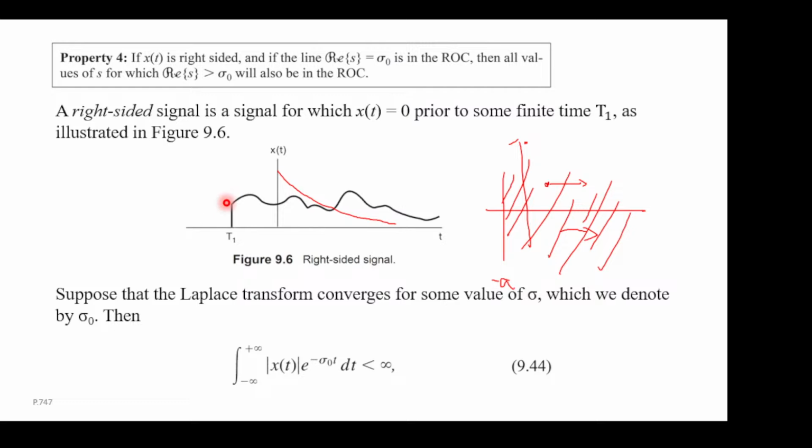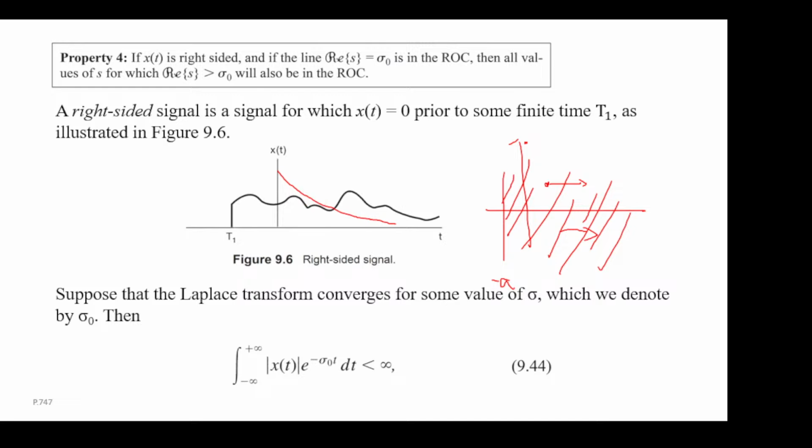So not all decaying exponentials will make this finite, because we didn't say x of t is absolutely integrable or anything. So this is a little more tricky. So your x of t can be something like